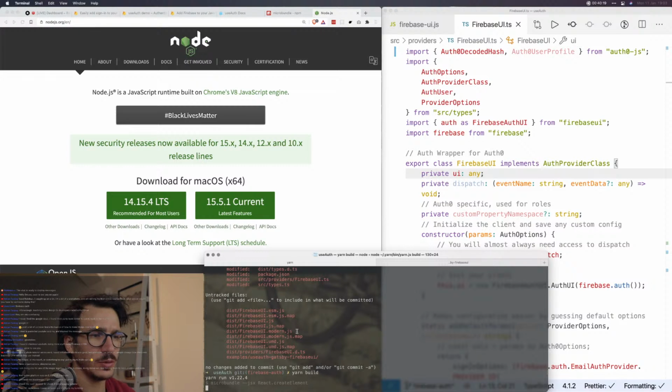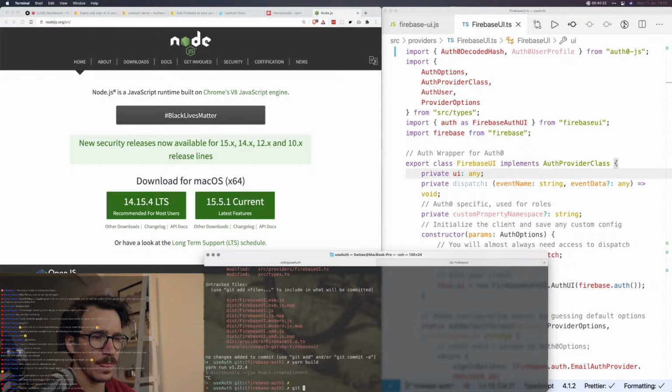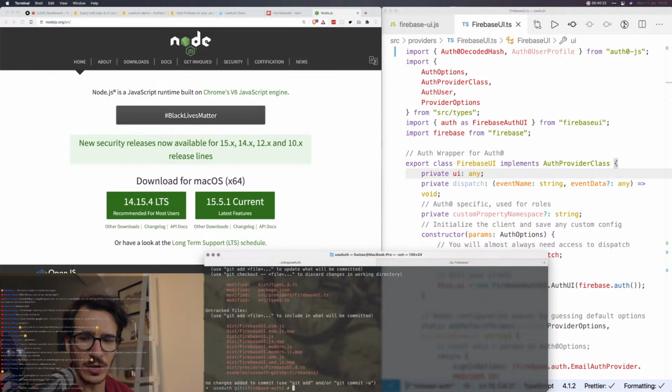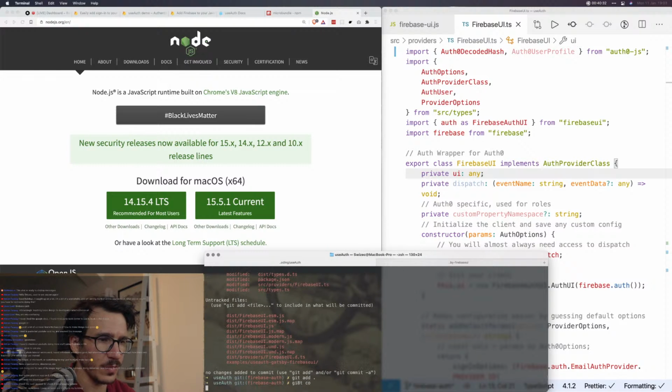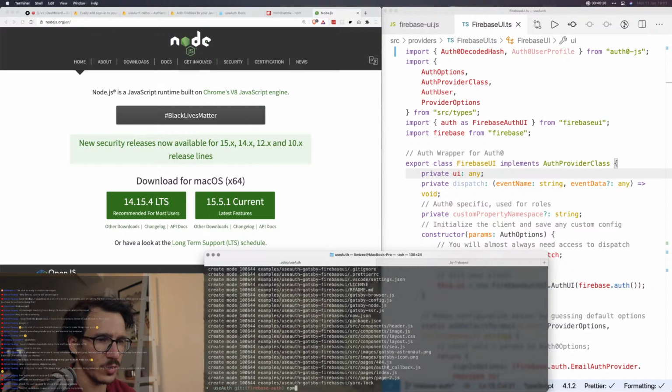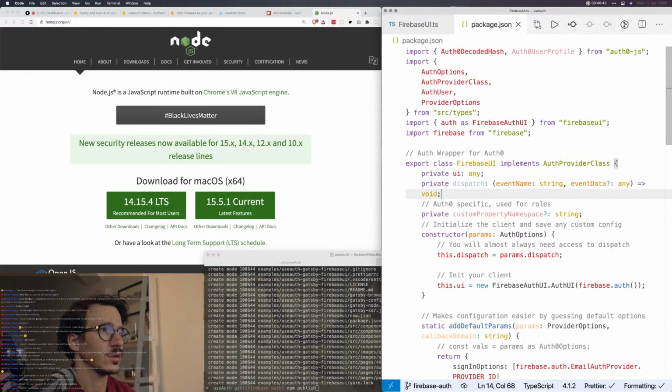Okay, so I'm going to kill the bundler because I think it managed to finish and then got stuck. I don't want to upgrade my node version while I'm streaming. So I'm going to say git add dot, git commit -m test build Firebase UI support, and we're going to npm publish as version